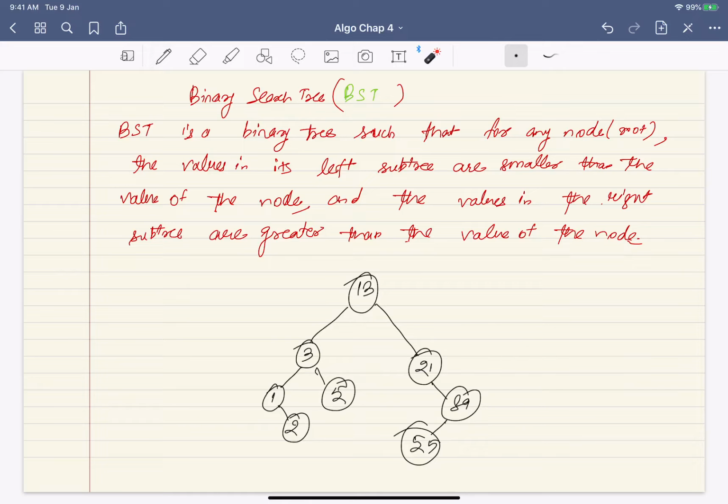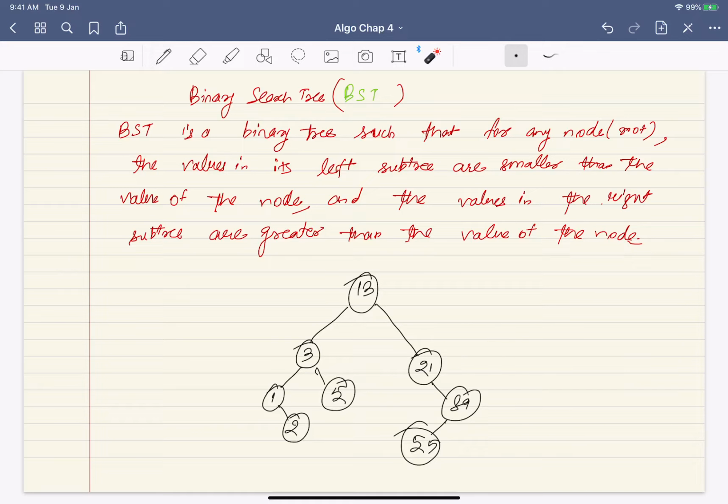Many times people make a mistake. They say it's true only for the root node. No. And many times they just say the left child is less than the root, the right is larger than the root. That is not correct. That is not sufficient. You can think of a counter example.